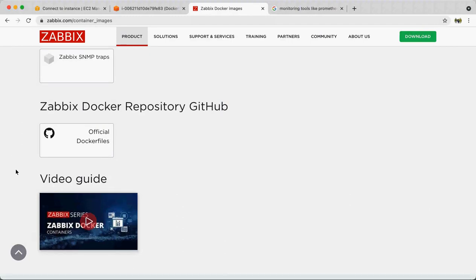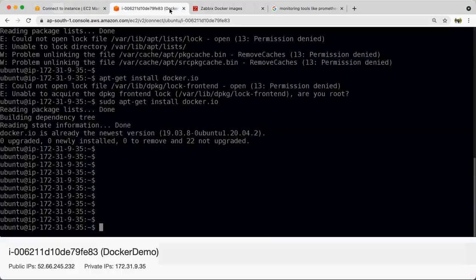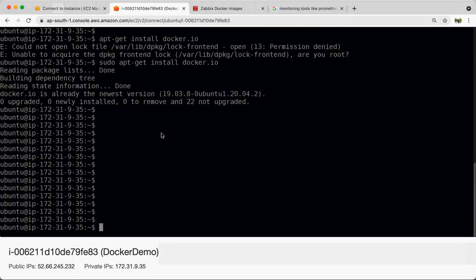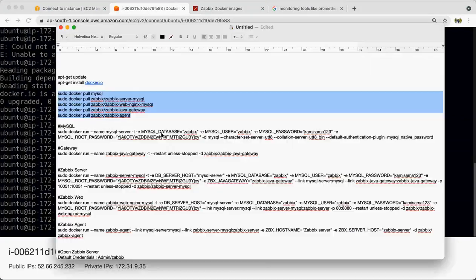Okay, so now coming back to it. So we were here. Okay, so now we were just using the Docker-based images. So here the database is already configured and packaged as part of a Docker image. So database configuration, UI configuration, and all these things we don't have to worry about. So now let's pull these Docker images.